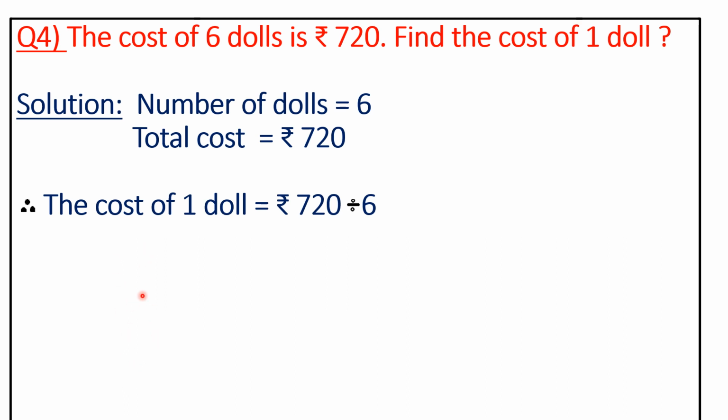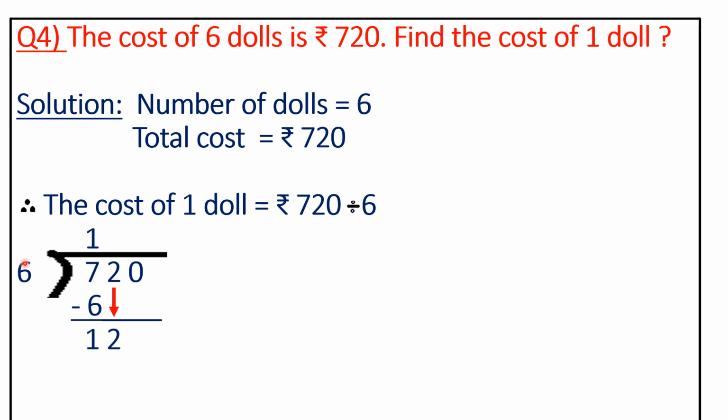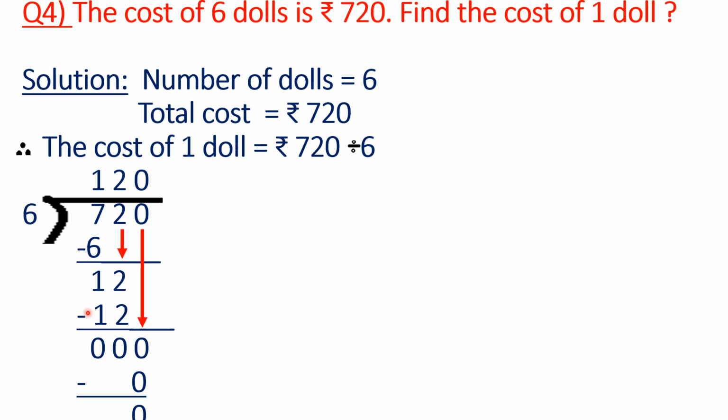Okay? You need to show the division here. So you will do the division. So mark the sign. Write 6 as the divisor, 720 as the dividend. Now 6 ones are 6. 7 minus 6 is 1. Now you copy this digit 2. So we have the number 12. Now in the 6 table, you need to get 12. So 6 twos are 12. Right, here 6 twos are 12.